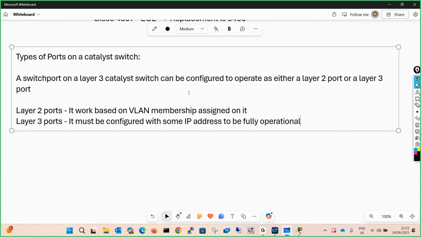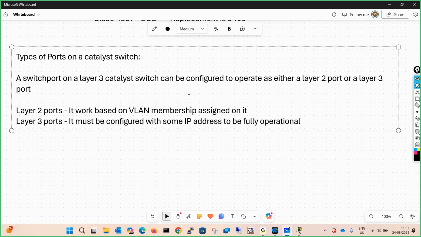So the switch port of the layer 3 catalyst switch can be configured as either layer 2 or layer 3. If it is layer 2, a VLAN membership needs to be assigned, and if it is layer 3, then an IP address is required. How will you configure the port as layer 2 or layer 3?